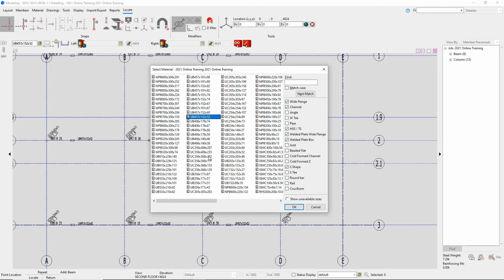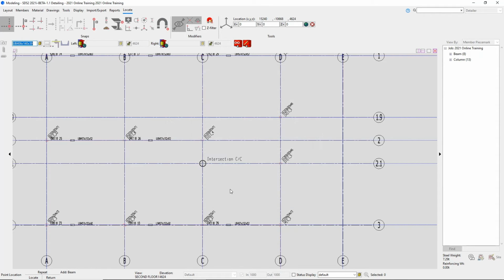So I can come up here and I can change that section size. So it'd be 406 by 140 by 39. And then I'm going to locate, so on grid line 1.9 in C, and then I'm going to go to D. And then I'm going to repeat this